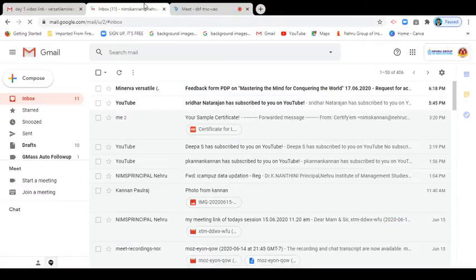Now you can understand. Clear? With our personal Gmail account, we permit only 100 participants, and at the same time we don't have a provision for recording the entire session. But in the G Suite account, we can allow 250 participants, and we can also record the entire session, and there is no time bound.